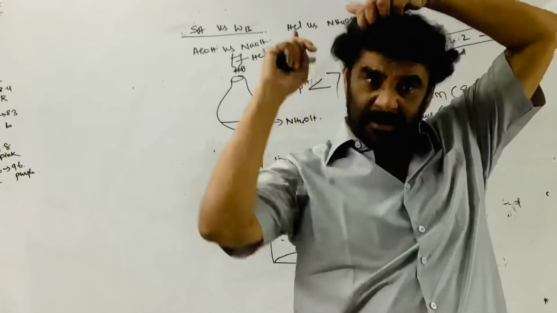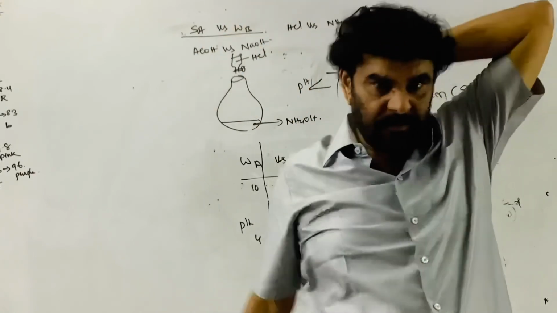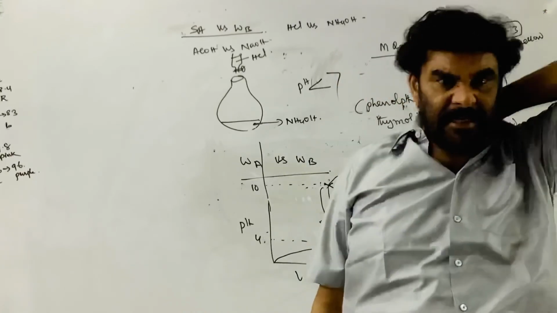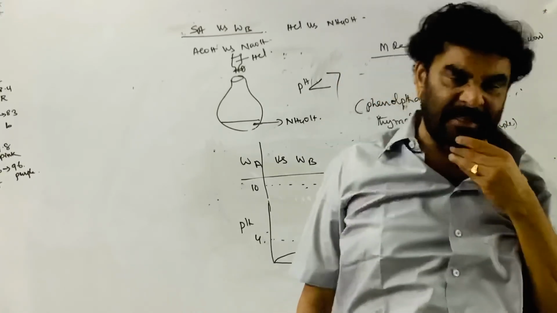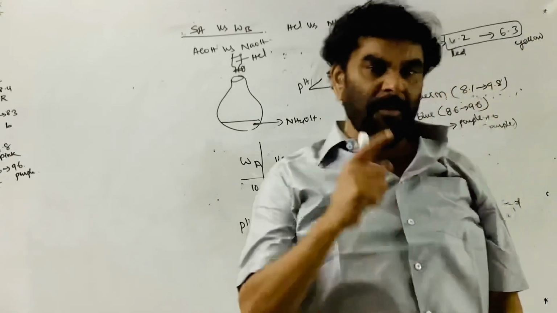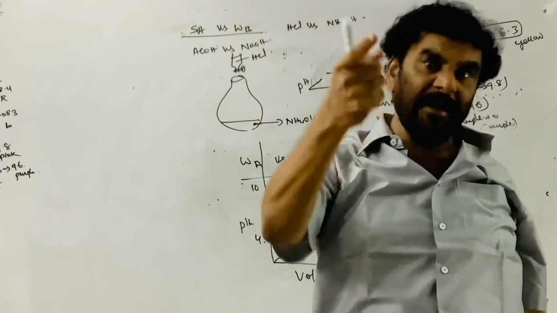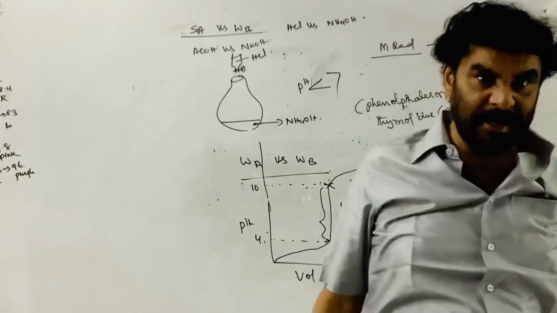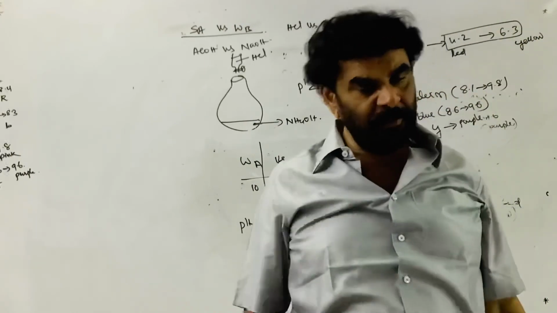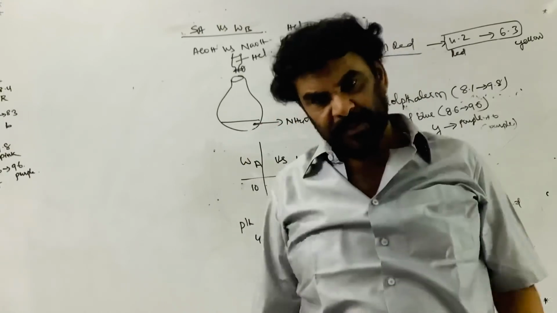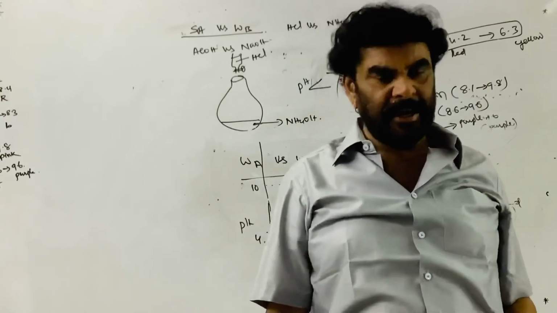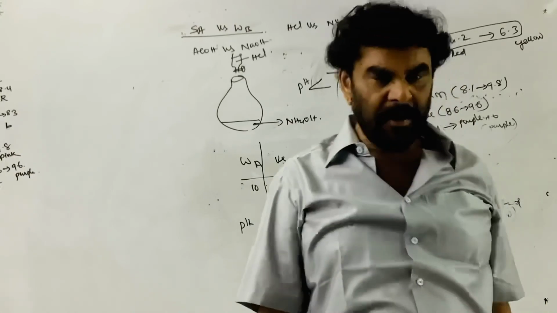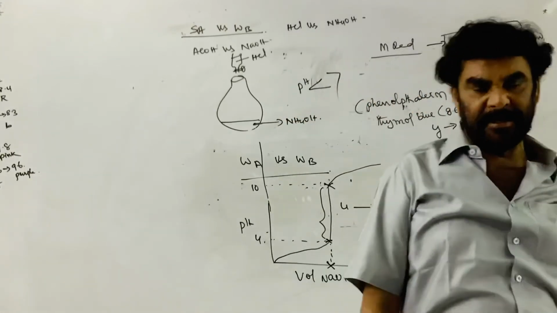And if a weak base is titrated with a strong acid like HCl, ammonium hydroxide versus HCl, with HCl as the titrant, at the equivalence point the solution is slightly acidic because you are adding the acid. Therefore it is in the acid range, and methyl orange or methyl red can be used as the indicator.